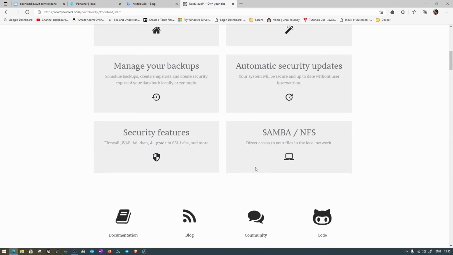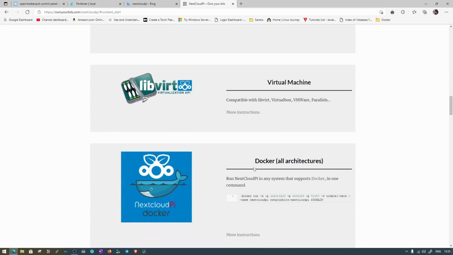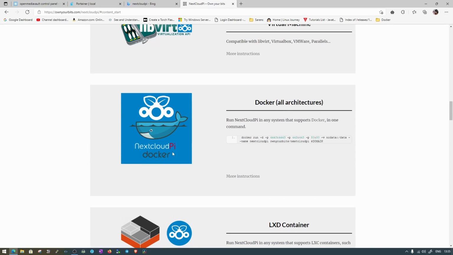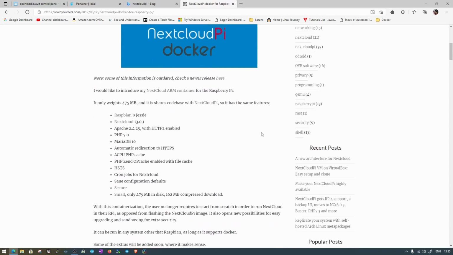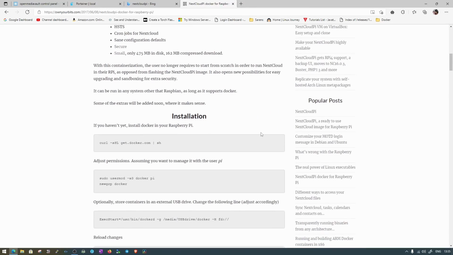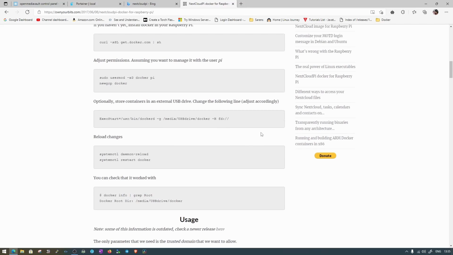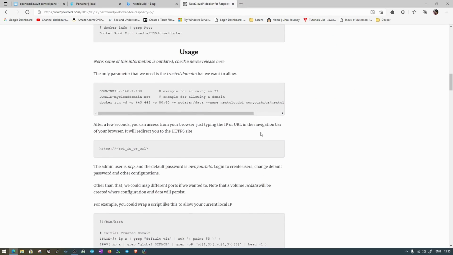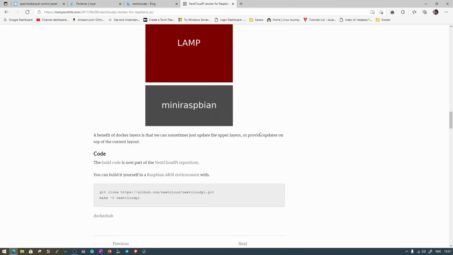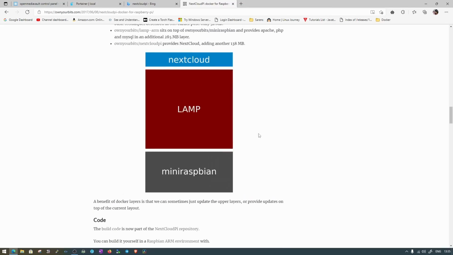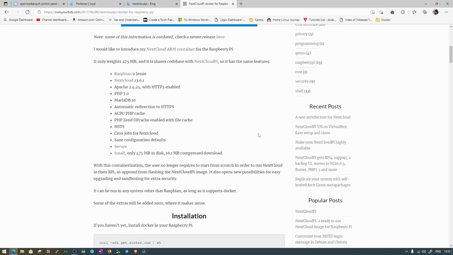So we go down and we need to use NextCloudPi Docker. So click on more instructions and go down. So this is the whole process of how you can go ahead and install it. Now let's just move to the top,